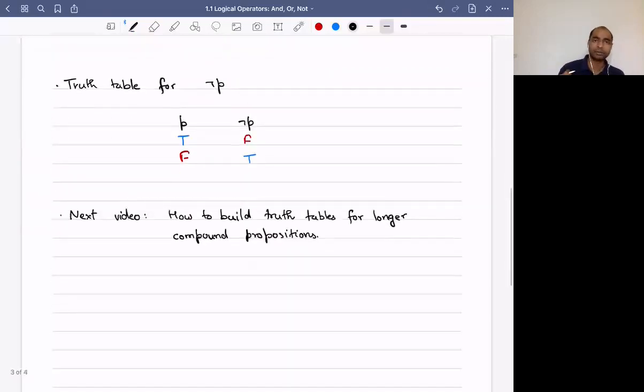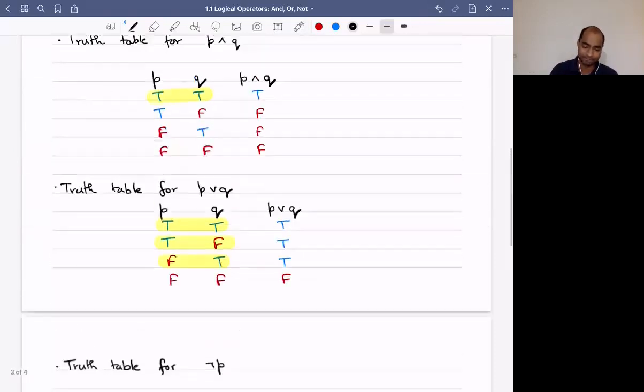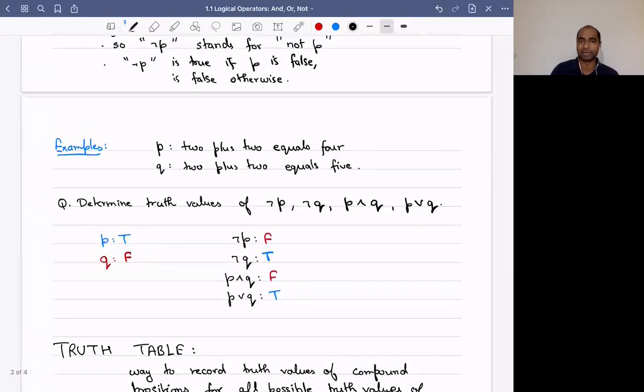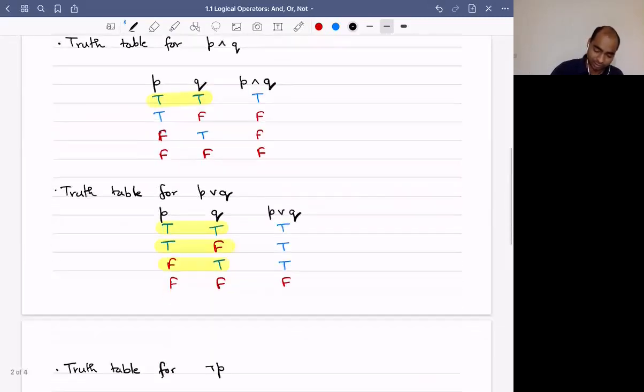One last thing I want to say before we end this video: why do we write truth tables? What is the use of truth tables? Truth tables are not useful for exactly determining the truth value of a particular proposition. For example, when I did this question, I never needed to know the truth table. I can just figure out the truth value by hand. So then why build this entire enormous truth table? And this is useful